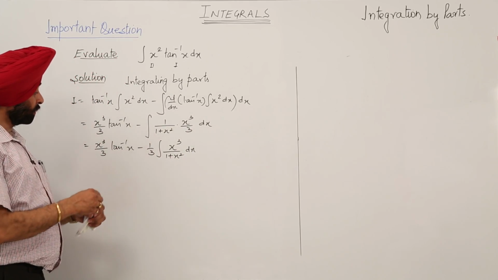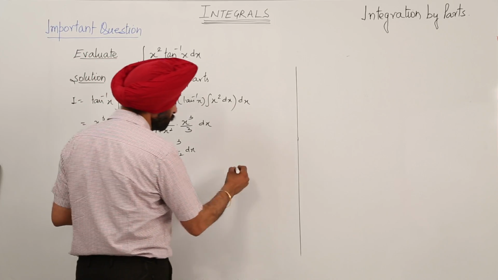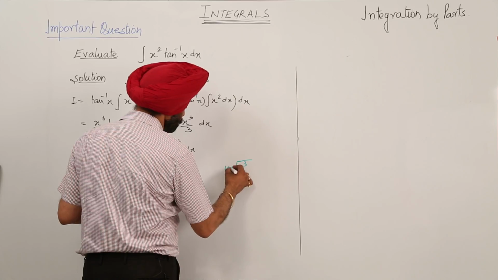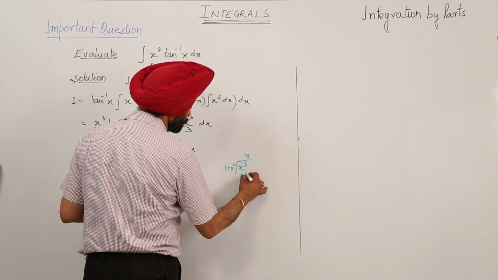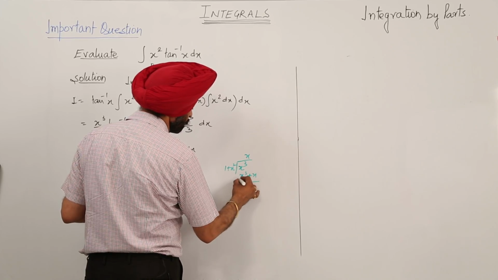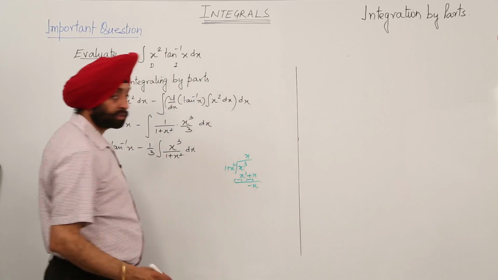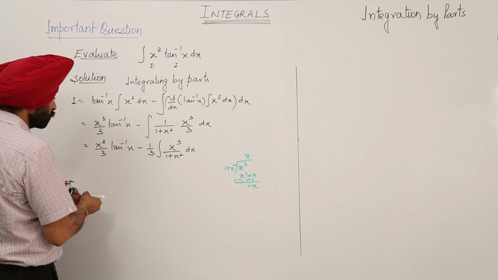Now what we are having, power of the numerator is more than the denominator, so what we are going to do, we can divide it, x cube divided by 1 plus x square. Now we are getting x cube plus x, changing the symbols, now it is left with minus x. So what we can write to our question? Now our question becomes